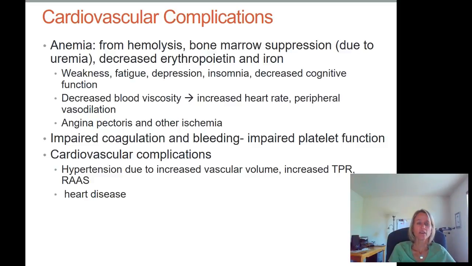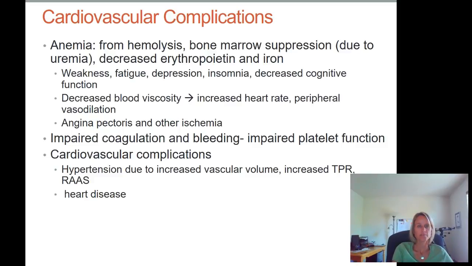And the anemia is going to cause weakness, fatigue, depression, insomnia, and so forth. Decreased blood viscosity associated with the anemia can lead to increased heart rate and peripheral vasodilation, angina or other ischemia if it's more severe. We also get impaired coagulation and bleeding due to impaired platelet functions due to the uremia. And other cardiovascular complications include hypertension due to increased vascular volume, increased total peripheral resistance, activation of renin-angiotensin-aldosterone system, and